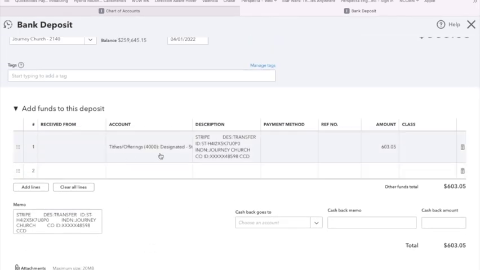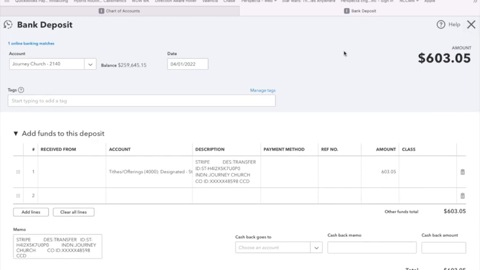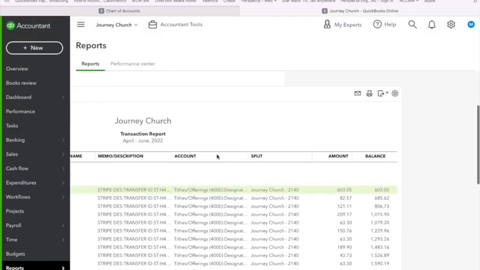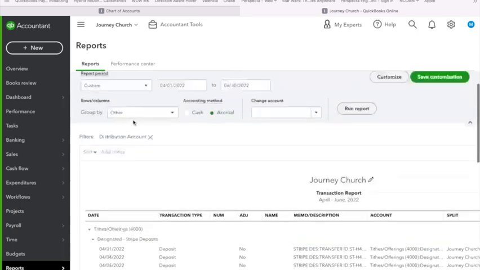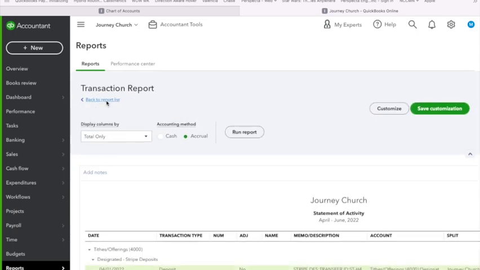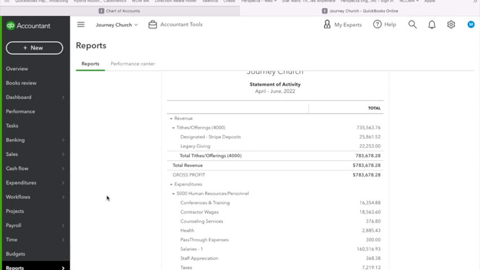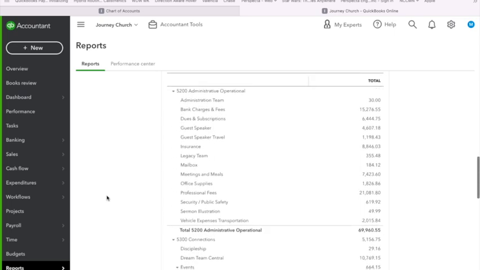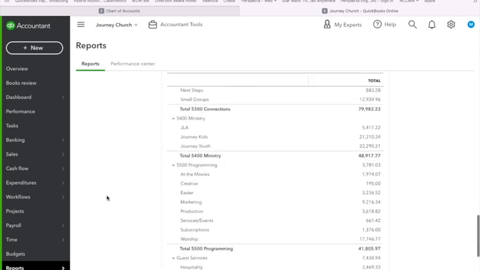And here's all of that information coded into the system. So again, deposits occurred in the system and are captured by QuickBooks to provide a full detailed report of the performance of the church at a particular point in time.